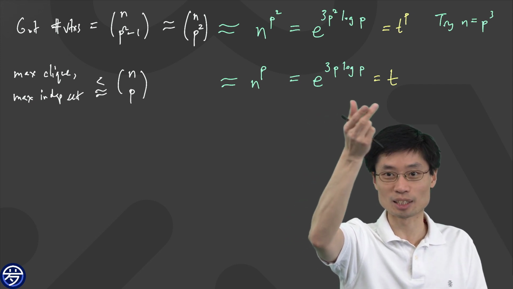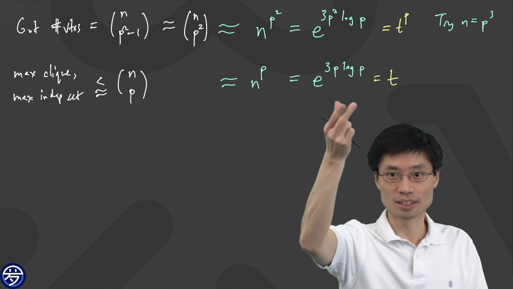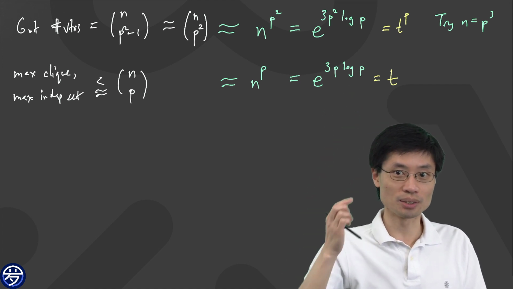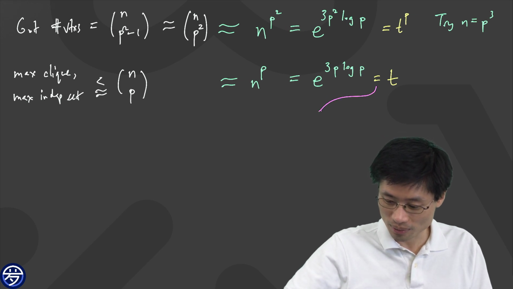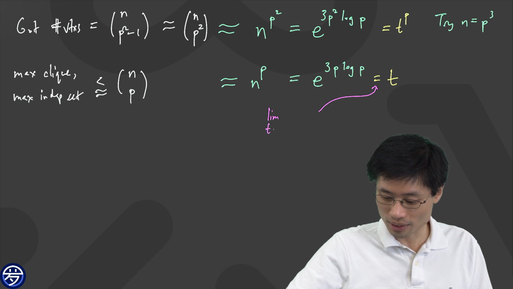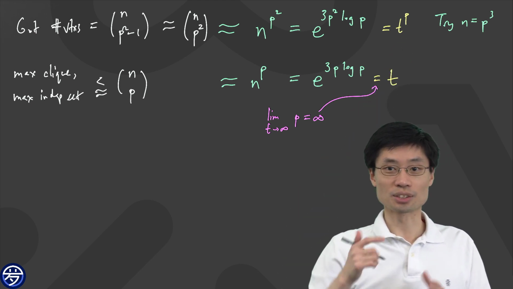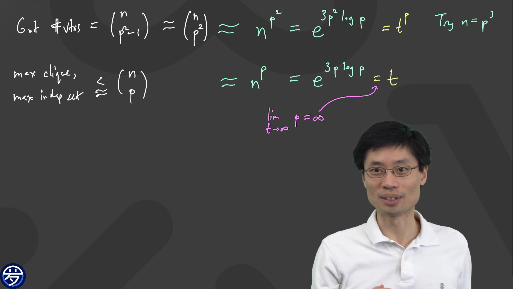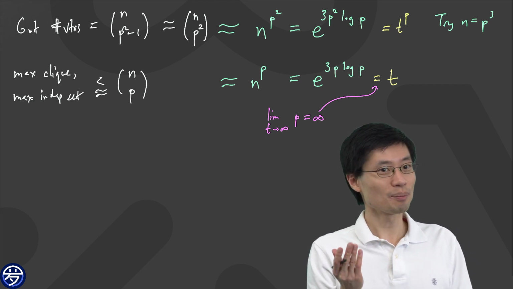If you just look at this particular relation at the bottom, as t goes to infinity, given that there's this relationship, p also goes to infinity. So from this particular one, what I can see is that the limit as t goes to infinity of p is also equal to infinity. And so that's how I know that this is growing faster than any particular power of t. Did that make sense to people?